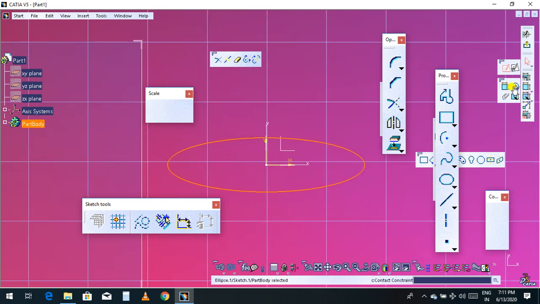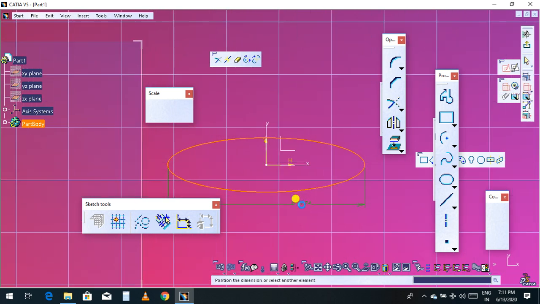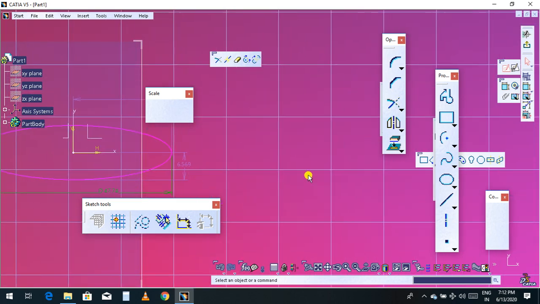You can give a constraint: choose this point and this point, this is the length, and then you can choose a constraint between this point and this point. So this is called the ellipse profile.